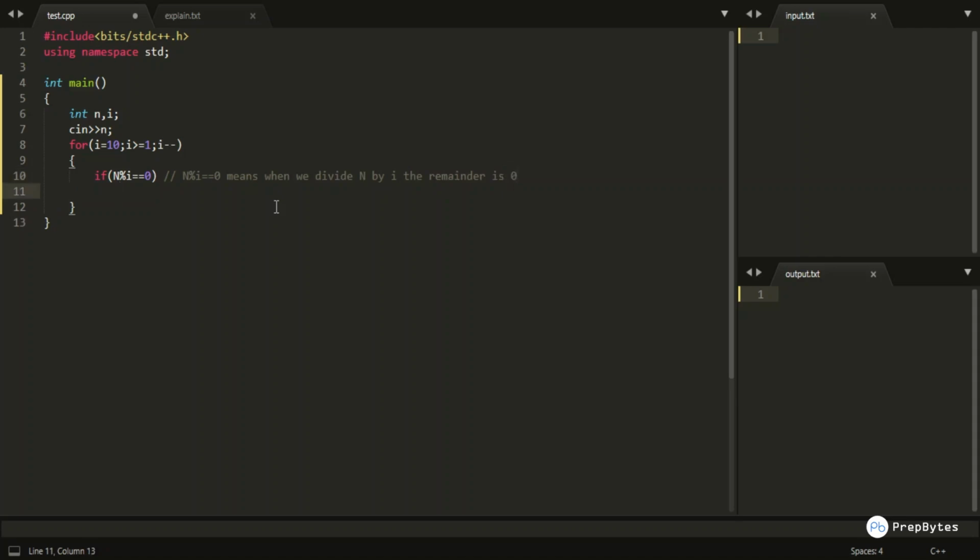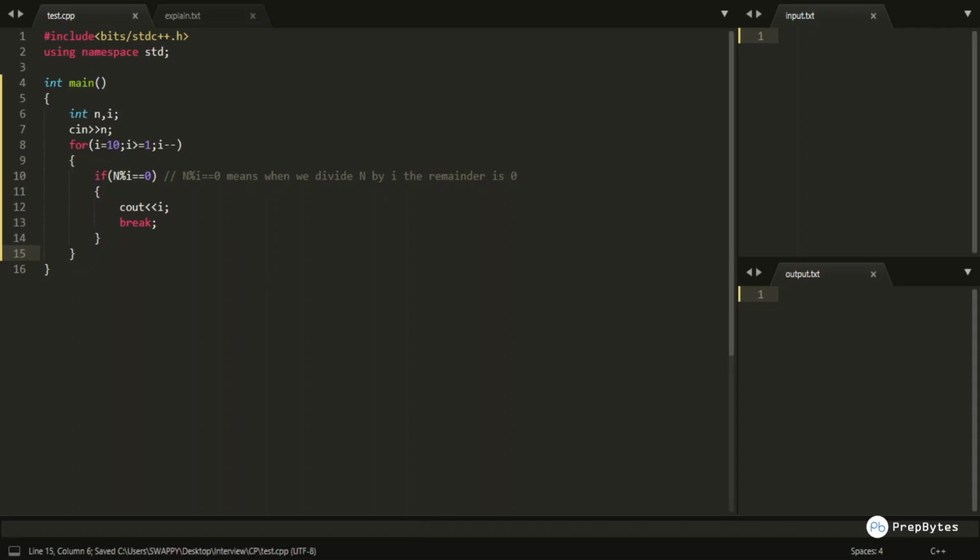So this is the meaning of this statement. So if the remainder is 0, then n is completely divisible by i. So I would simply print i over here and I would be breaking the loop. So this is the basic code for solving this particular problem.